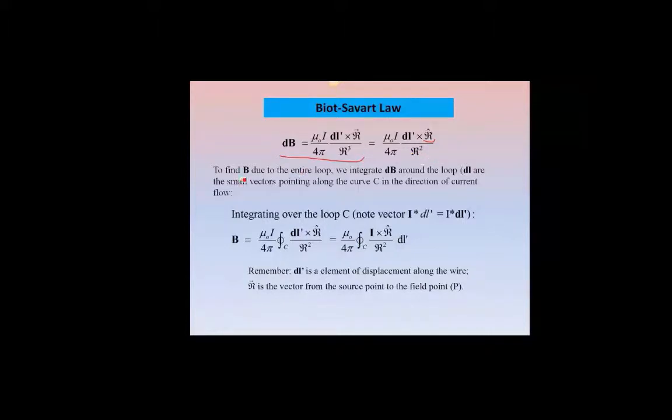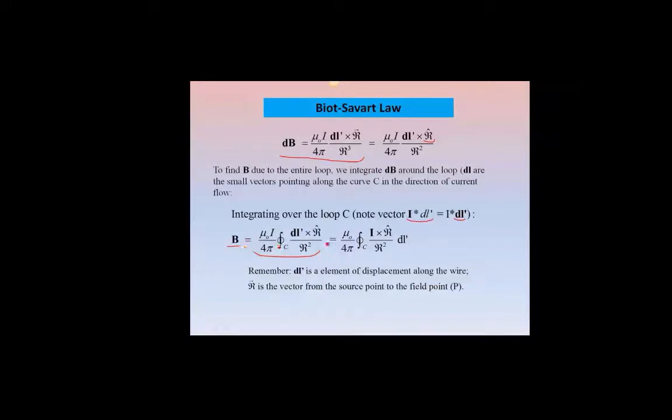To find B due to the entire loop, we integrate dB around the loop. So dl are small vectors pointing along the curve C in the direction of current flow. So to find the B, we integrate over the loop, and notice that this vector here, we're treating I as a vector, can be written as the magnitude of I times the magnitude of dl prime. We do this all the time, and it's because the direction of I and the direction of dl prime are equal. So doing that, then we can change our B into an integral, so we're getting the entire B field,